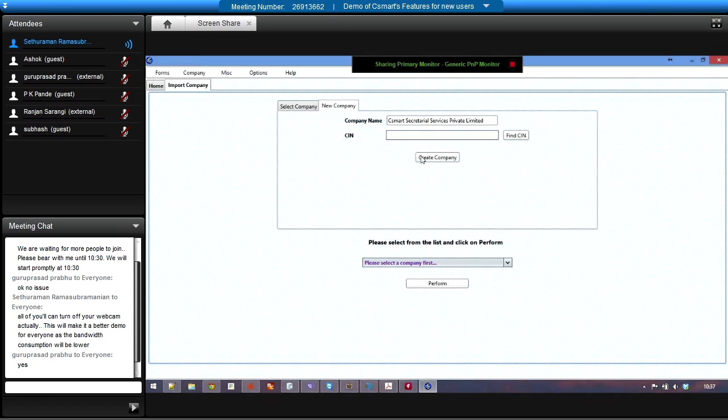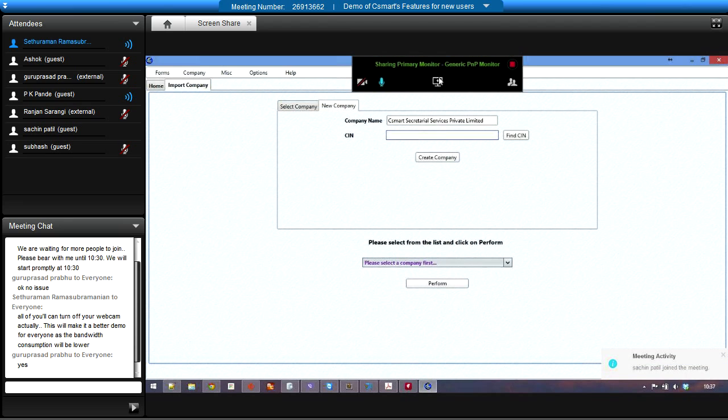Csmart is very company centric. So to do anything in Csmart, you need to have created a company. You don't need to enter the SIN actually, because we will be able to,